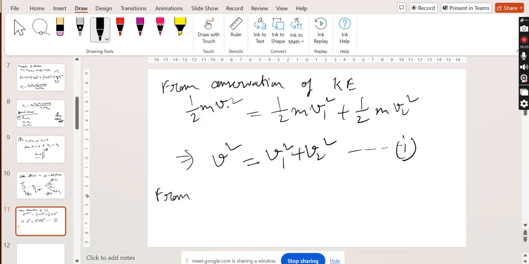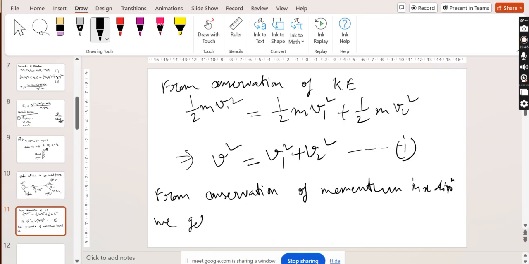From conservation of momentum, in the x direction, we get with v